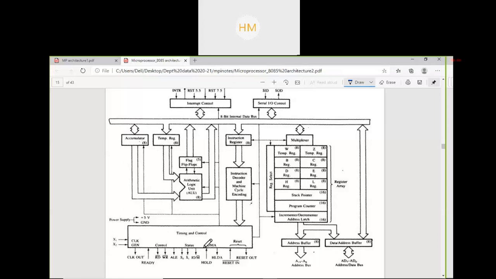Then we have power supply and clock frequency. Again, power supply plus 5 volt VCC, ground, and clock generation X1, X2. Clear? Then clock in and clock out. Clock out, we all know.